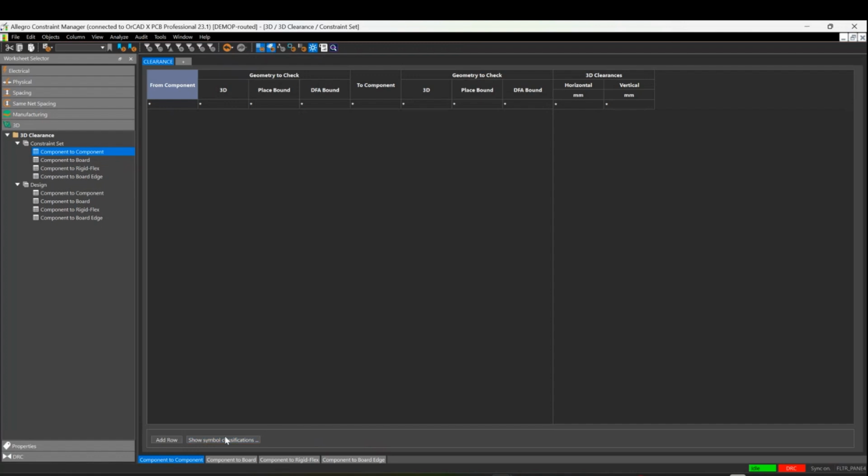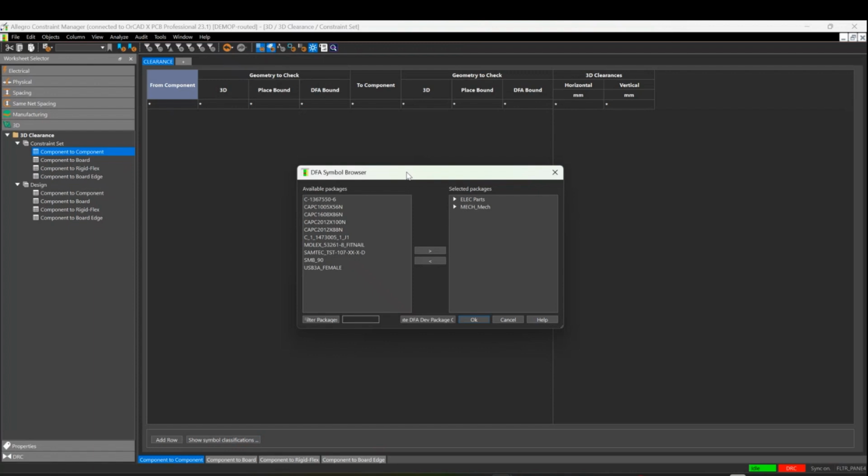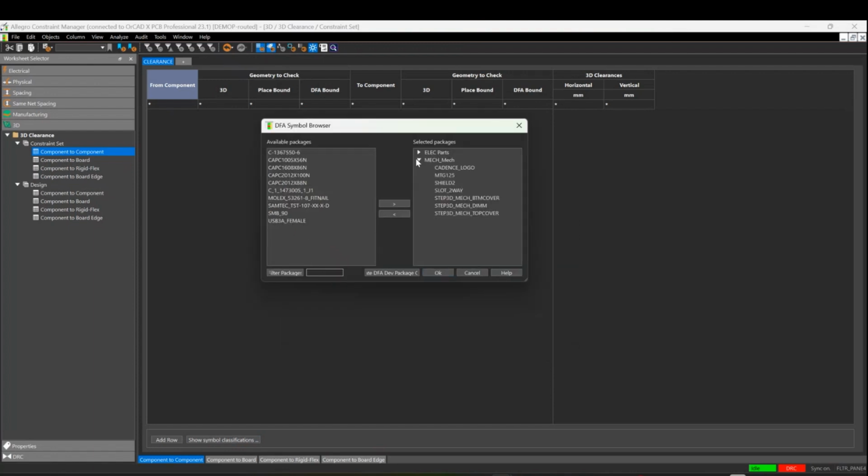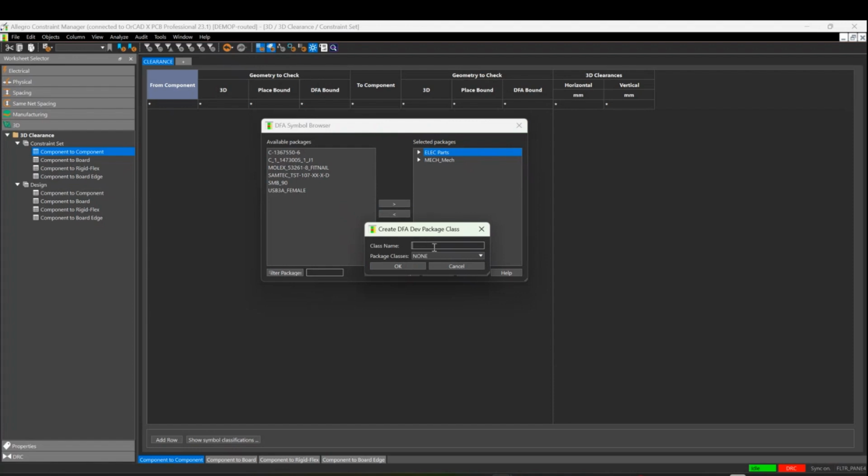Component to component, there's this symbol classification option. If we click in here, we can basically create a symbol classification. I've got a mechanical class, I've got an electrical class. I can select components here with a shift click to pick the components that I want, and then pick the class I want them to go into, and move them across. We can create a new dev class. If we minimize that, I've got one here. Let's do one for connectors. So we'll create one, we'll call it